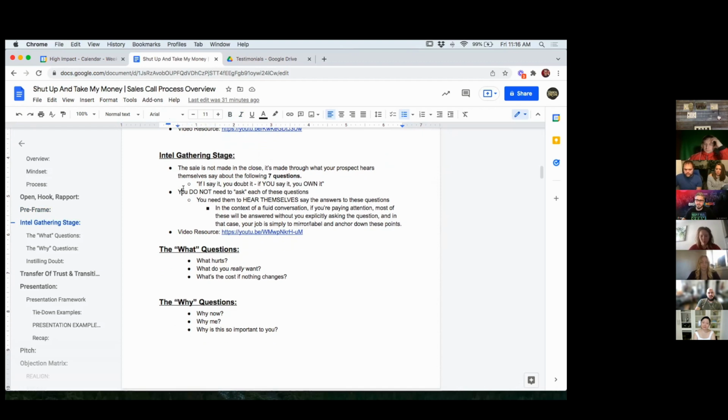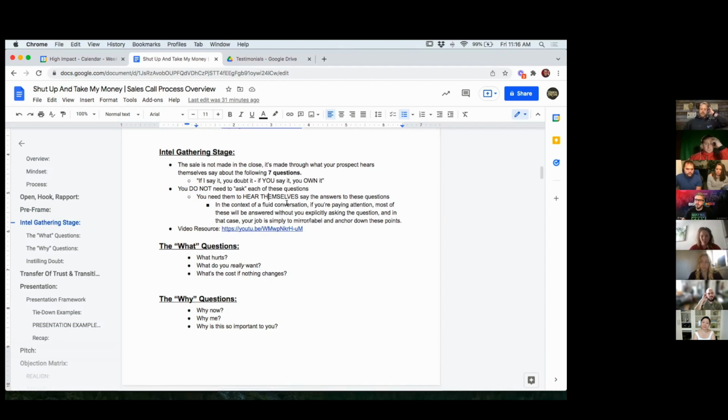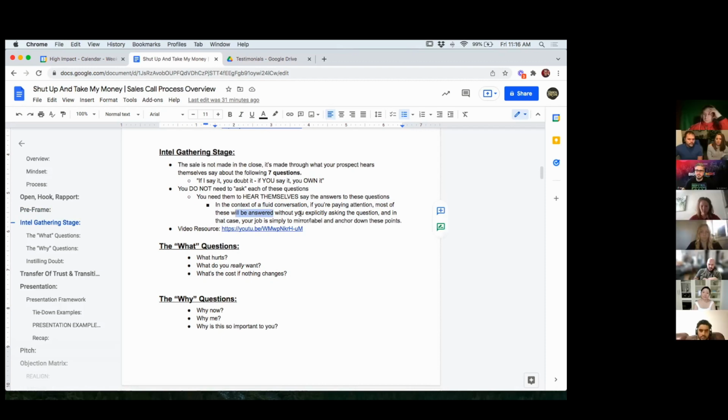So that said, you do not necessarily need to ask each of these questions. You need to hear them say the answers. More importantly, and how I should have written it is they need to hear themselves say the answers to these questions. So in the context of a fluid conversation, if you're paying attention, most of these are going to be answered without you explicitly asking the question. And in that case, your job is simply to mirror or label and anchor down these